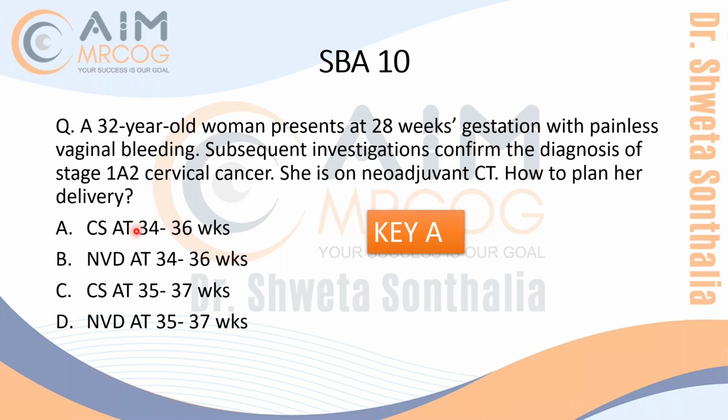Why I raise this point is because earlier it was classical only. Now, in the recent guidance, they have said that you can even go for lower segment if feasible. So you have to decide carefully, because in the options they can give you lower segment and also classical. You have to remember the weeks of gestation and understand whether you have to do lower segment or classical, because there is now a possibility of lower segment. Earlier it was not there. So this is a new concept, and that's why I wanted to highlight this.